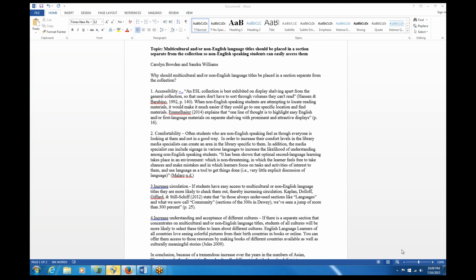So it would be a good idea to put those in a high traffic area separated from the rest of the collection so they could easily find them. Right, Sandra? Okay. So we also thought of 2 points of comfortability, and increasing of understanding and acceptance of different cultures,